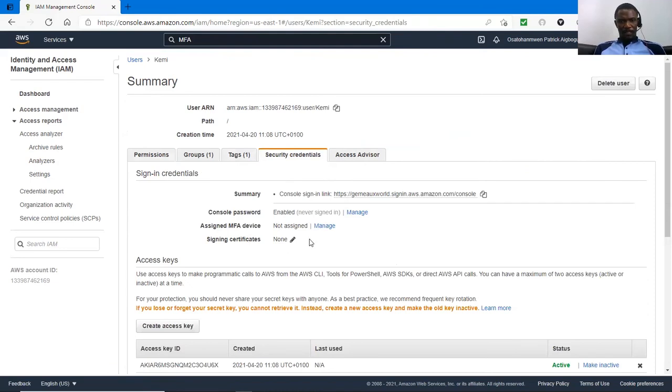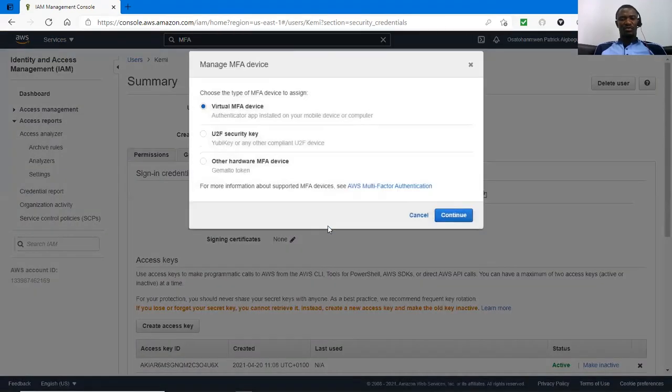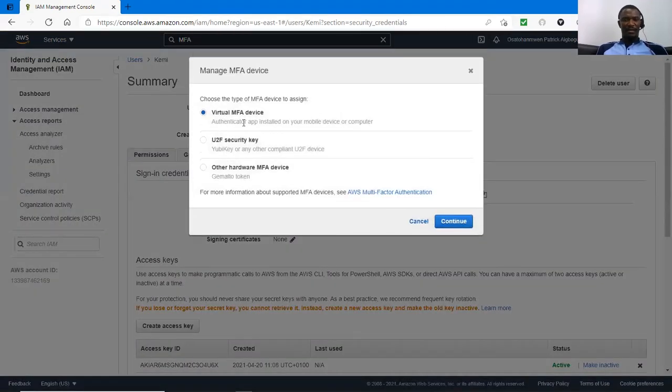You see here, summary, course or password, it says never, because I never signed in. Then assign MFA, then I can decide to say, okay, let me make use of my existing MFA, which is virtual. This virtual means the one I apply, you can install either Microsoft Authenticator or Google Authenticator, and put it on your